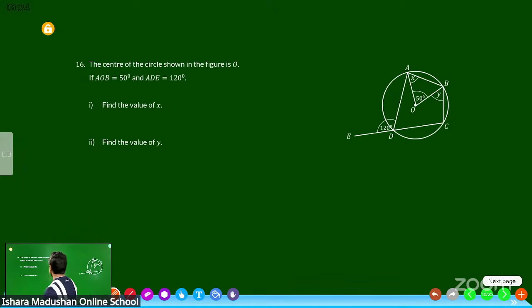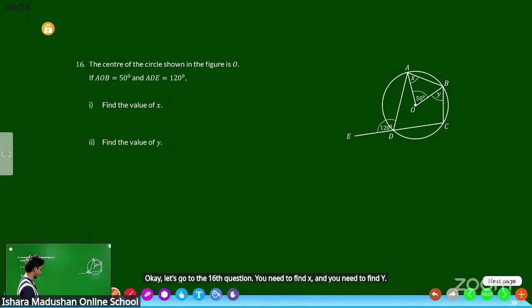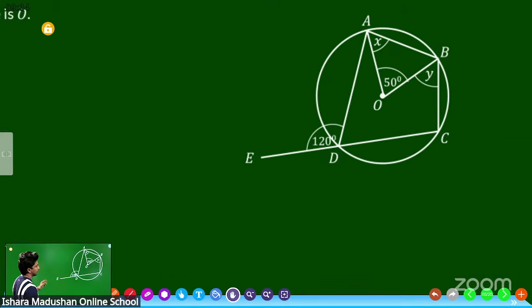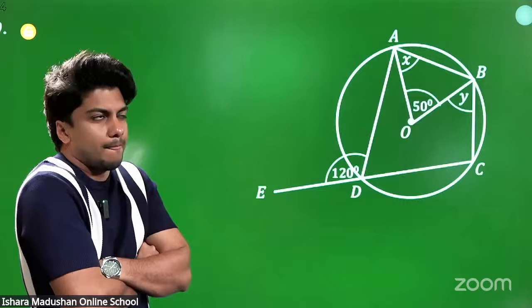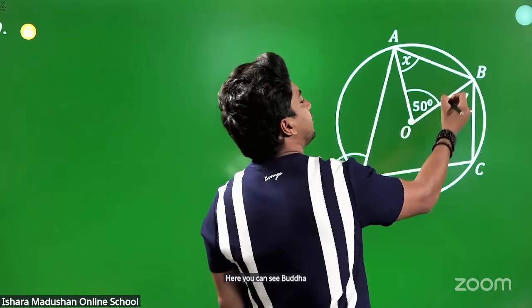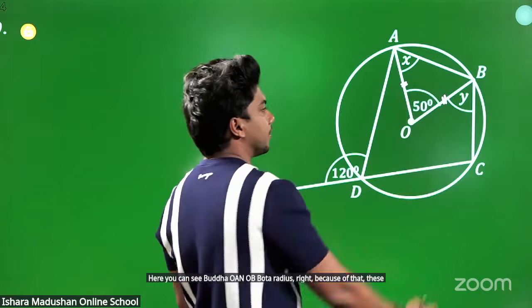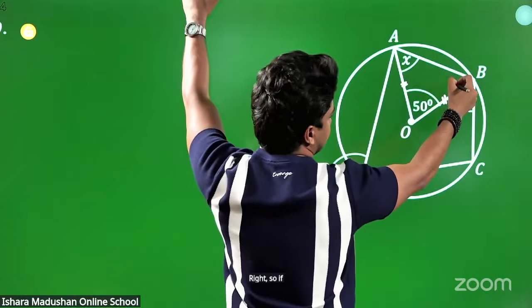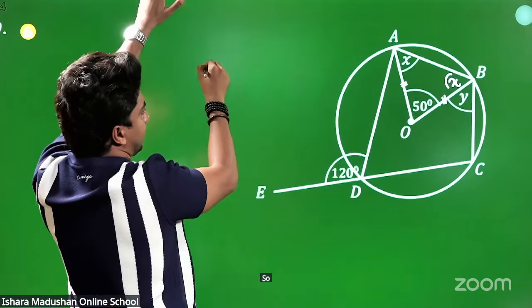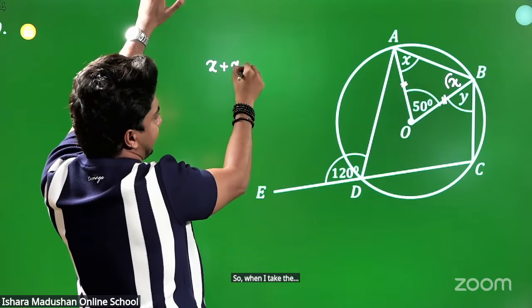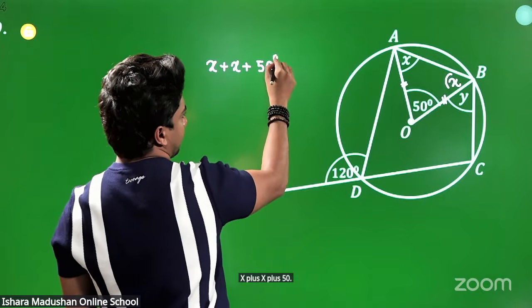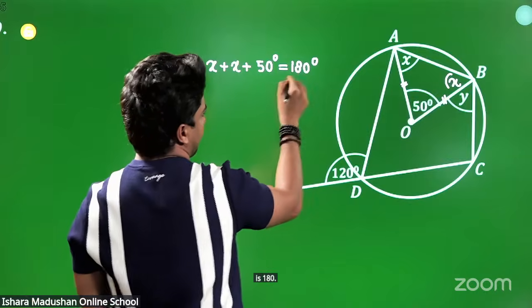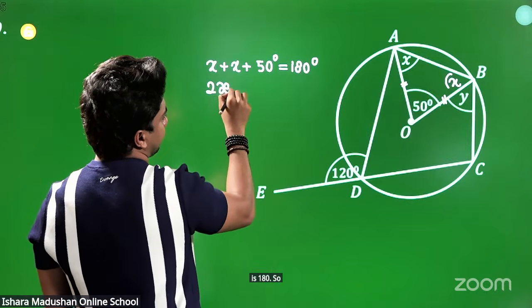Let's go to the 16th question. You need to find x and you need to find y. Here you can see OA and OB both are radii, right? Because of that, these two sides are equal. Right? So if this angle is x, this angle is also x. So when I take the sum of the interior angles of that triangle, x plus x plus 50 is 180. So 2x plus 50